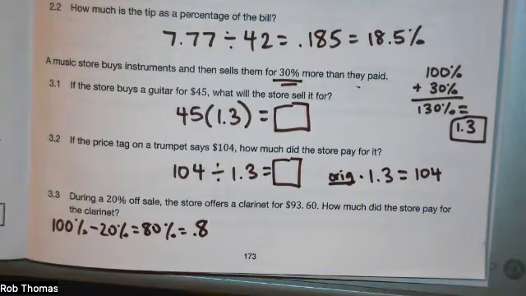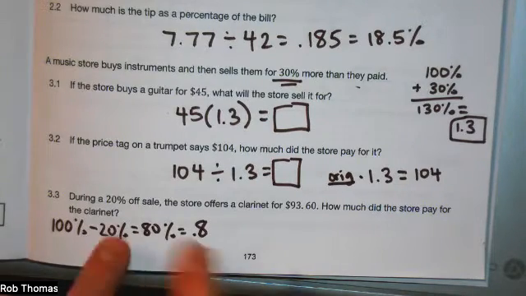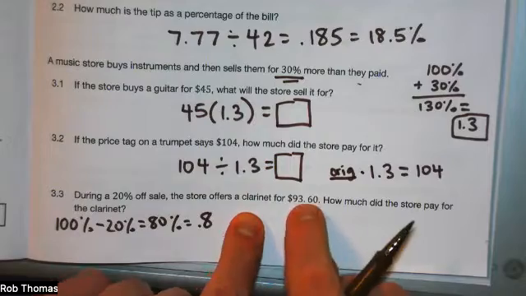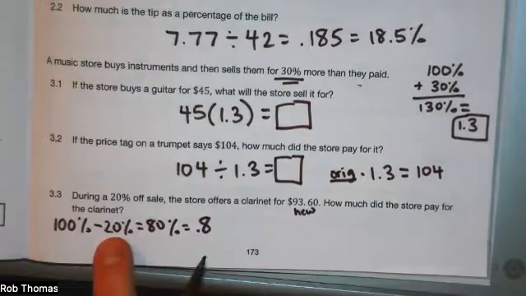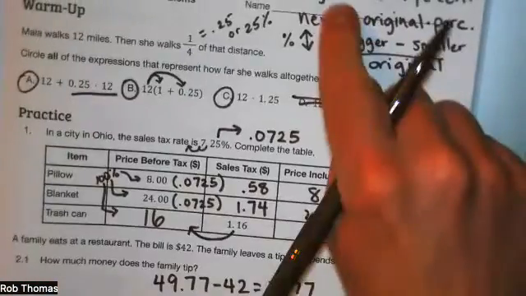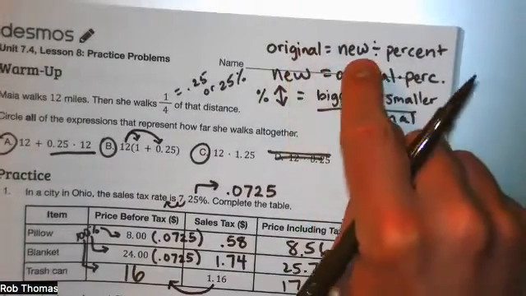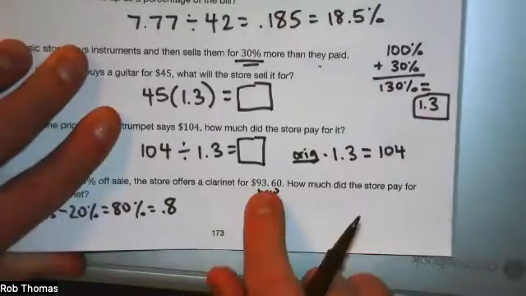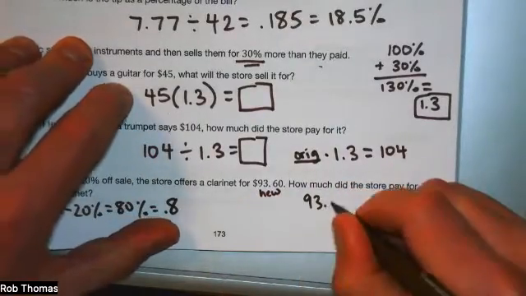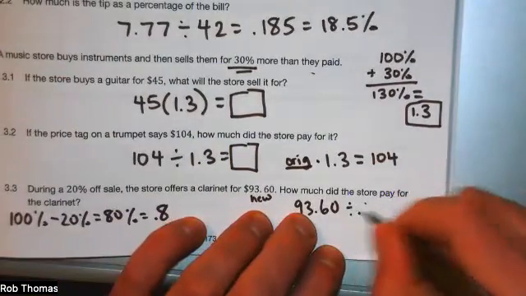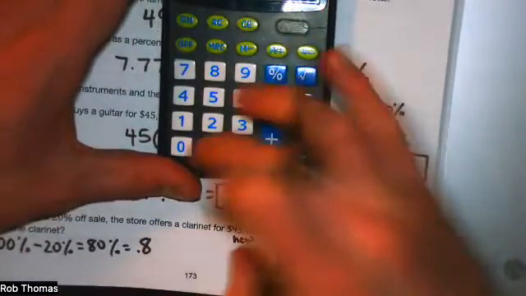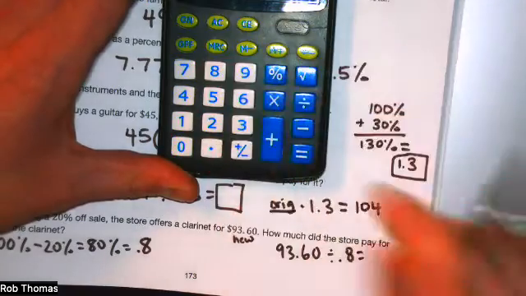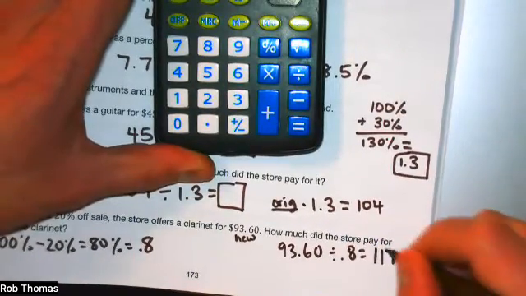So in order to figure out what the regular price of the clarinet is, I'm going to take this sale price of $93.60, which is a new price because it's after this discount. And I'm going to do the original price equals the new price divided by this percent. So this new price divided by 80% or 0.8. This is going to get me the regular price that they normally charge for this clarinet. So let's see here, 93.60 divided by 0.8. So normally they charge $117, but we're only halfway done here